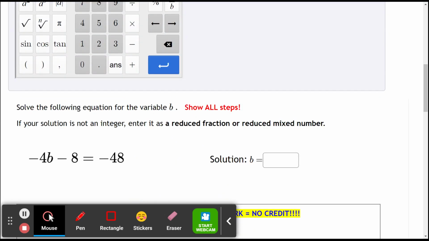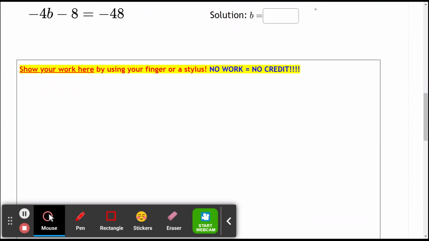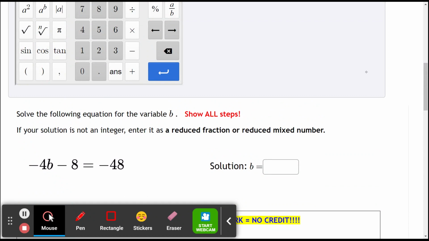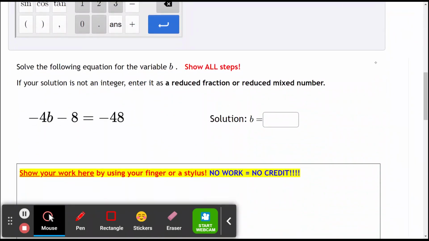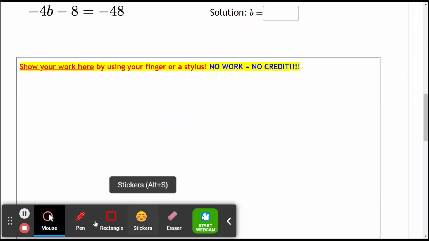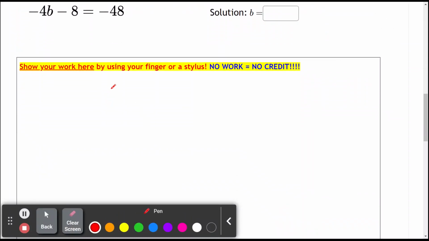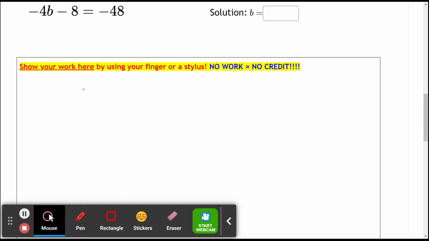Okay, next we have this one. So this is problem number, I forgot now. Let's see, number 3. Okay, so this is number 3. Oops, that's not going to work. Number 3. So -4b minus 8 equals -48. And